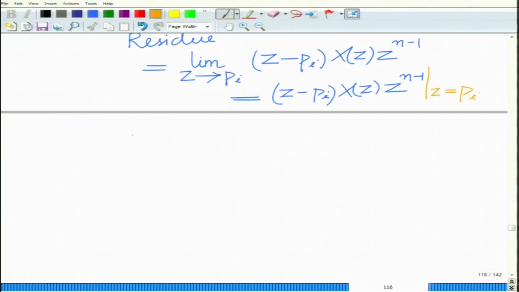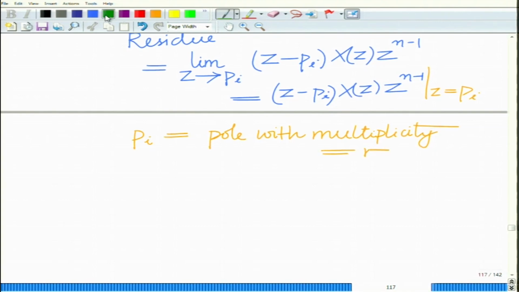Now, for a pole with multiplicity r, where r is greater than or equal to 1, for any general multiplicity, let pi be a pole with multiplicity r, then the residue of this equals